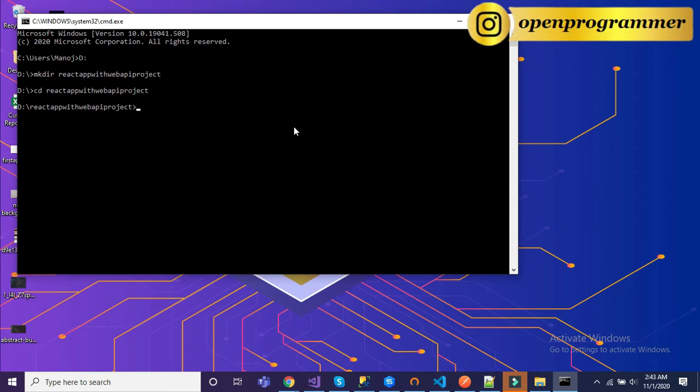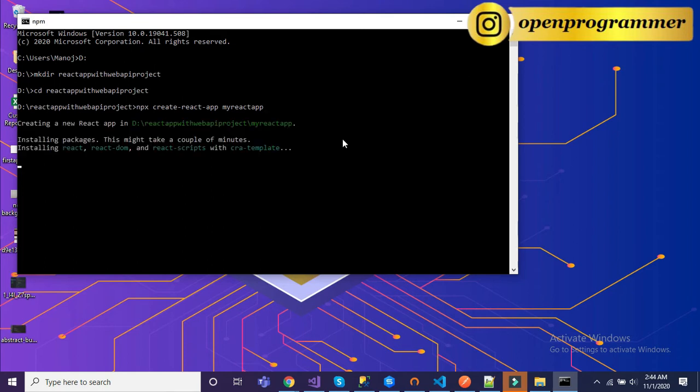For that we have to write npx create-react-app, and then we have to give our application name, for example, my-react-app. Hit enter.